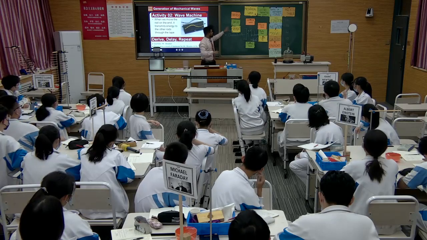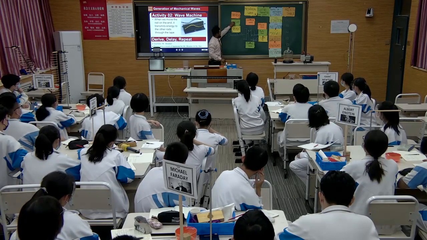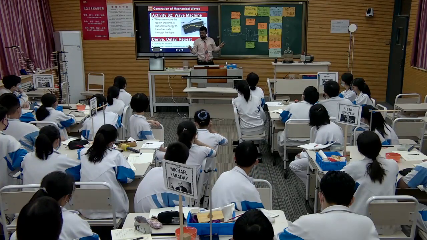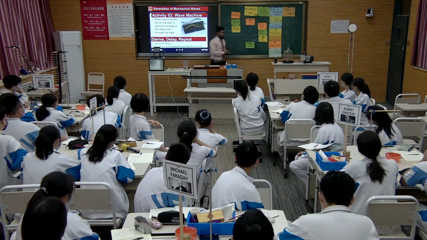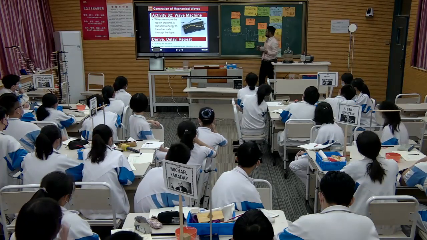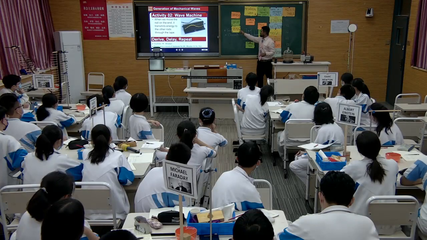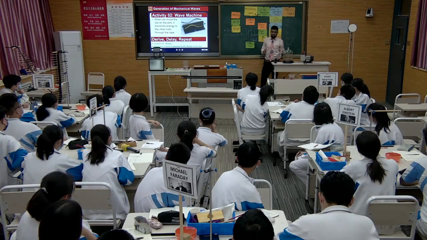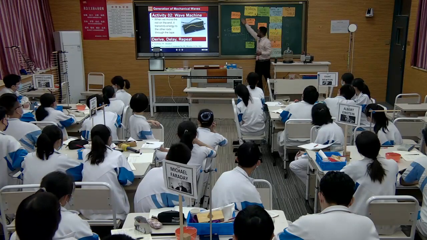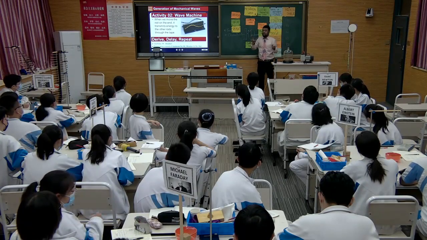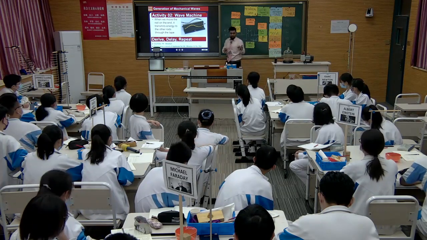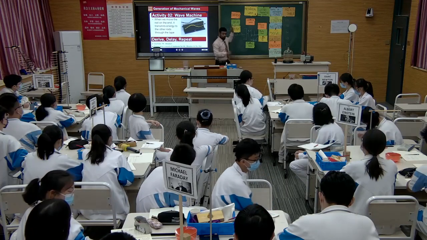So these three processes, I have a tip like Dance Dance Revolution. First dance means derive, second dance means delay, and third dance means repeat. So all these three together are the key words for the generation of mechanical waves. Please note down these three words, because we need them after that.